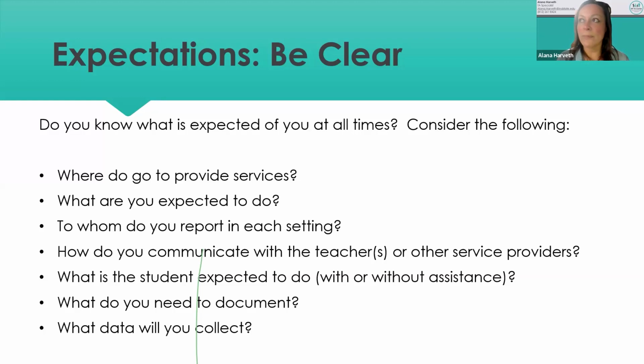Like if you're like, you know what, I bet I could help with data. Maybe I should ask the teacher if I could help with this. This is how I'm going to ask her. Or maybe I need to be more clear on what my students' goals are. What are their baseline goals, and where are we going to go? Maybe I'll ask the teacher, if I don't have access to the IEP, can I see the IEP, or can I see the goals? That could be something that you could ask and advocate for if you need it as a para to help with your job.